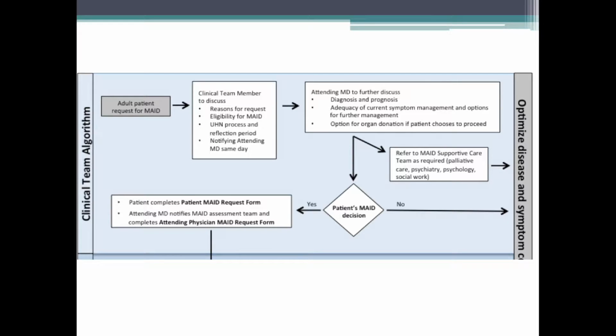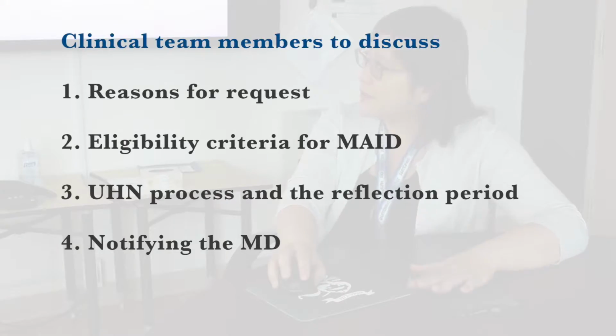So what the clinical team member is asked to do is just to have a discussion with the patient about what the reasons for the request are, and to let them know what the eligibility is, right? So if this is a patient with a spinal cord injury, they need to be told, you're not eligible, and the conversation stops from the beginning. So you're going to talk to the patient about why they are asking for this, what the actual eligibility criteria that I just went over are, and what our process is, that there's a separate assessment team they will be referred to,